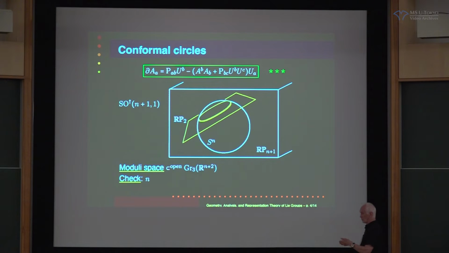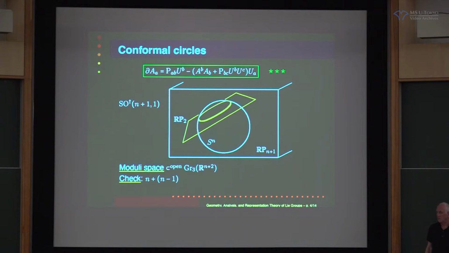Okay, so for the differential equation, you're on a sphere and you're starting at any point on the sphere. So the initial condition is you're starting with a point. That's n degrees of freedom, choosing your point at which you're going to start this curve. Then you have to pick a direction in which to start it. These are like the initial conditions for such a differential equation. So this is like n minus 2 for the dimension of the sphere, the round unit sphere in the tangent space.